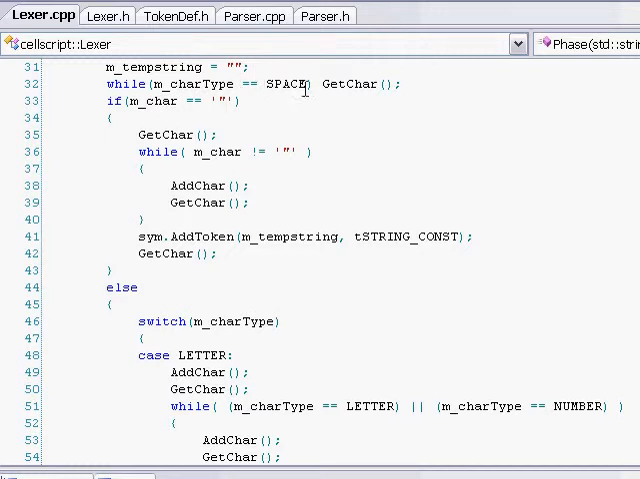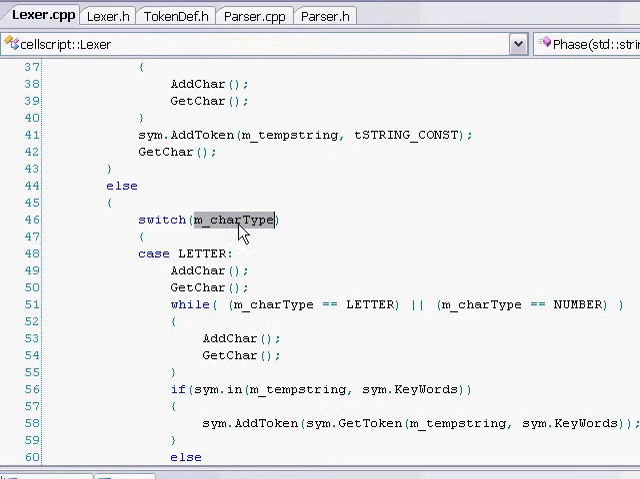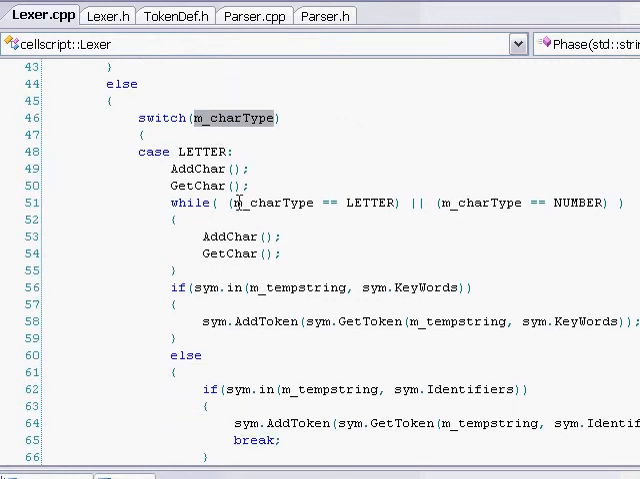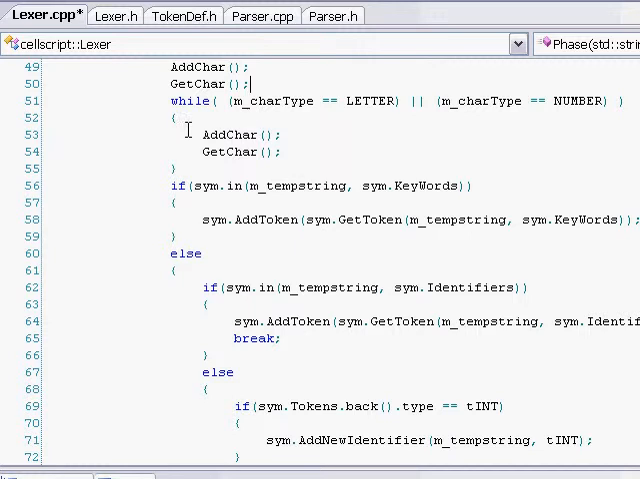while the char equals space, it just gets a char, so it doesn't do anything for spaces. And then if the char equals that, this is for string. I just did string right away, and then it switches the char type. In case it's a letter, it adds a char and gets a char, and then while it is a letter or number, because this could be a variable, h7 could be a variable, you add the char and get the char. And I made an in function,